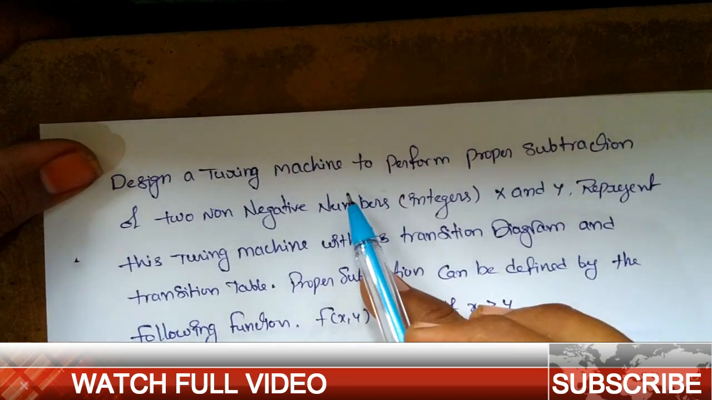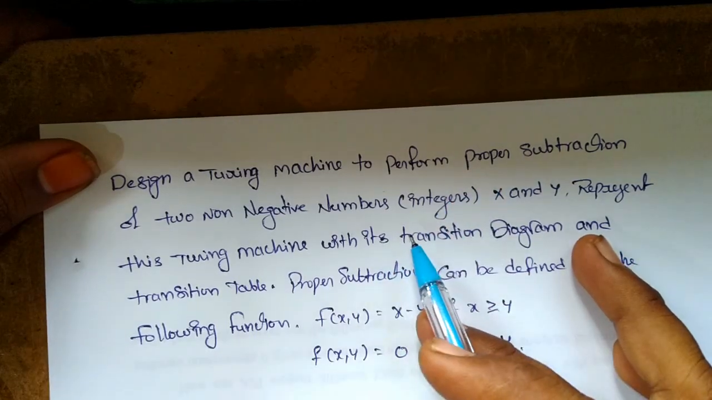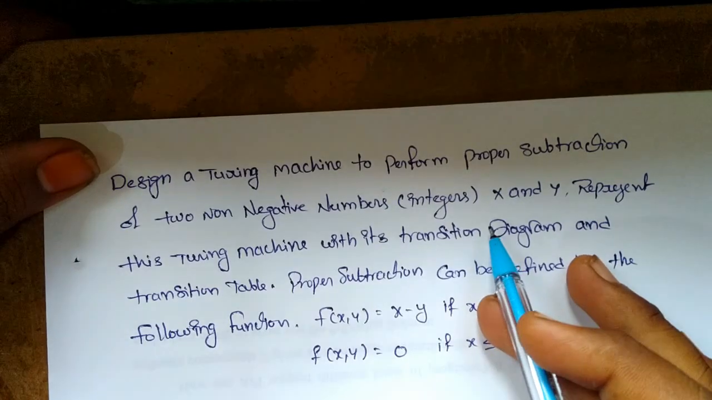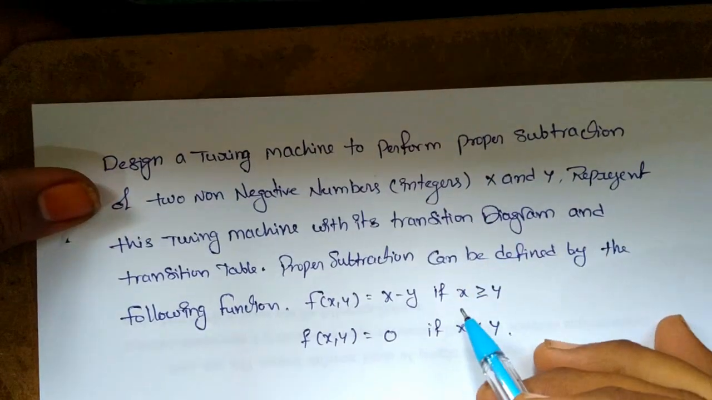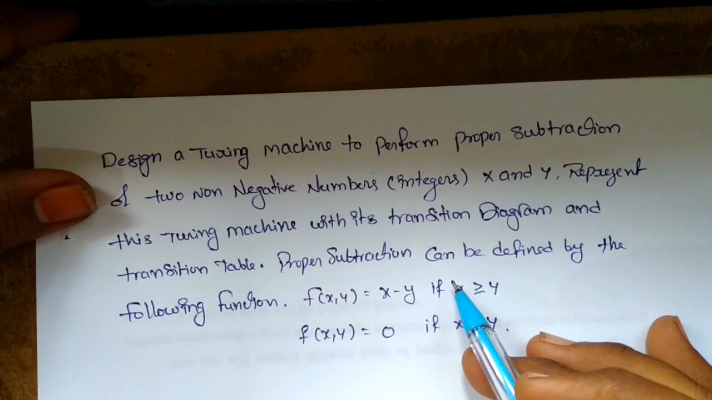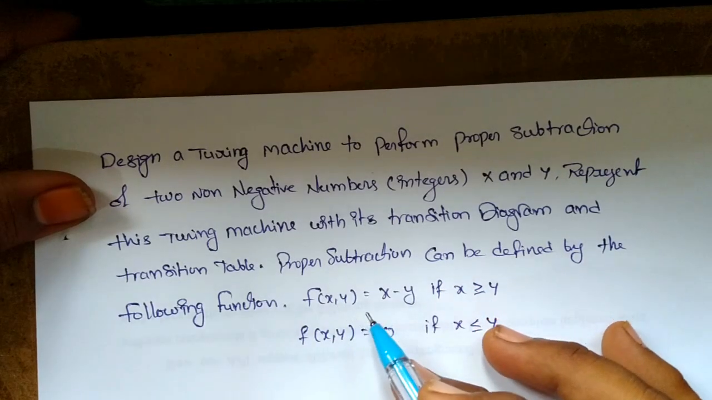So that is, design a Turing machine to perform subtraction of two non-negative integers, x and y. Represent this Turing machine with its transition diagram and transition table. While we go for performing the proper subtraction, we can use these two functions, that is f